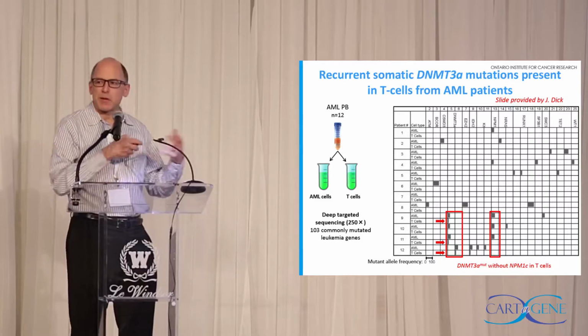And so then we were able to go in the fridge and look at more samples which had both these mutations, NPM1, which I'm going to show you is a late mutation, and DNMT3A, which is an early mutation. We could see DNMT3A and a few other genes like TET2 not only in leukemic cells, but also in T cells. Now we know our bone marrow gives rise to all types of blood cells: T cells, B cells, NK cells, red blood cells, or platelets.